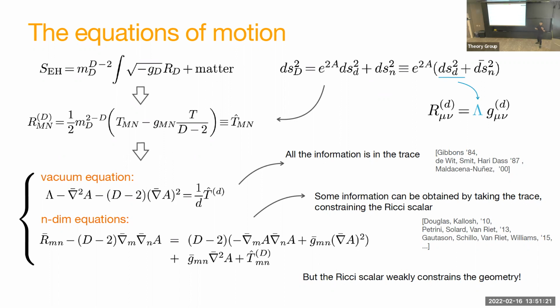This is a linear differential equation, but it's simple in the sense that it's at least a scalar equation. And this is because the vacuum is maximally symmetric, so we can take a trace without losing any information. And it turns out that this equation is very powerful in constraining the kind of compactifications you can have. For example, you can use it to prove that if you only consider classical sources like form fluxes or scalar fields, but without allowing yourself to use localized objects with negative tension, such as orientifold planes in string theory,